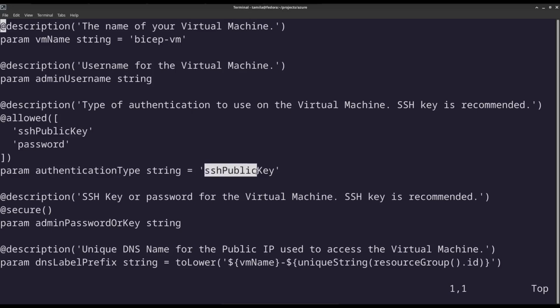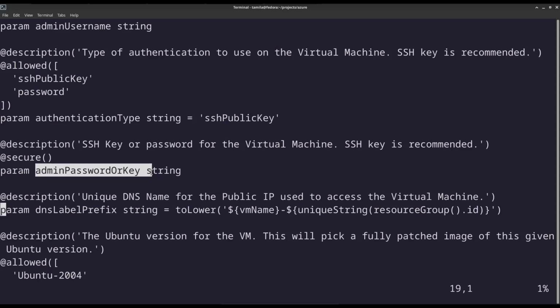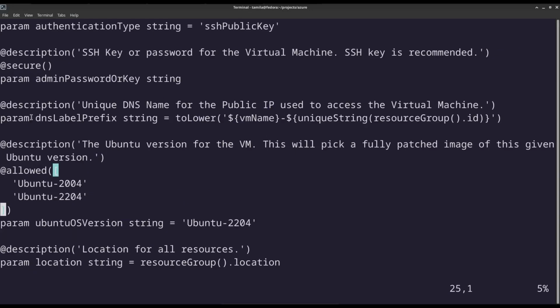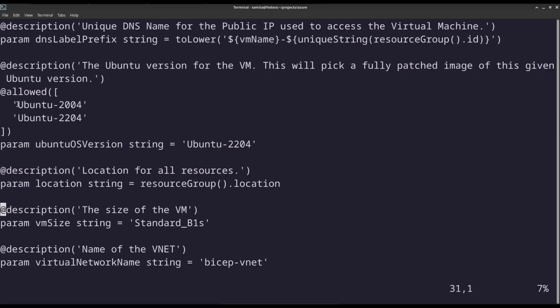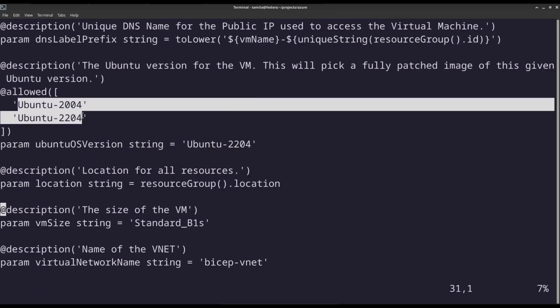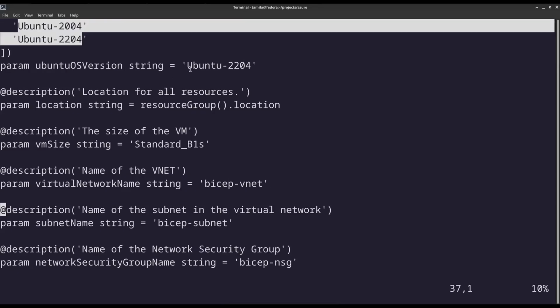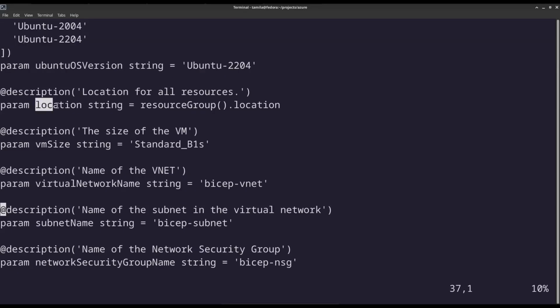So I'll be using public key, so that the prompt will be asking me for the public key to paste it. Next parameter is where we store the public key that we'll be pasting. So this is a DNS name for the public IP that we'll be using to access the virtual machine. So here we'll get an URL like structure instead of plain IPv4. So we get also options to decide for the VM image that will be used. For now I'll be using Ubuntu 22.04, and then we provide the location for the resource group, for all the